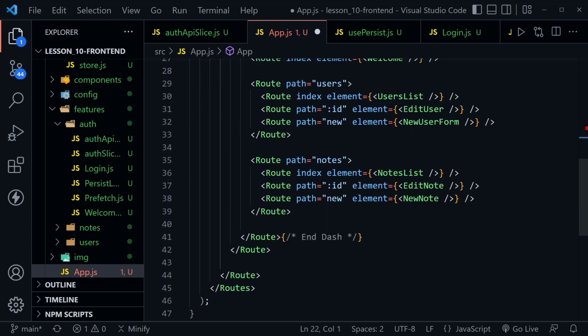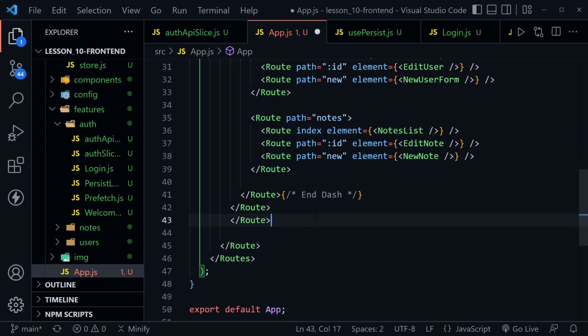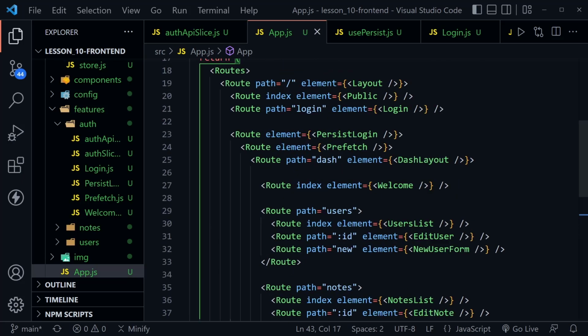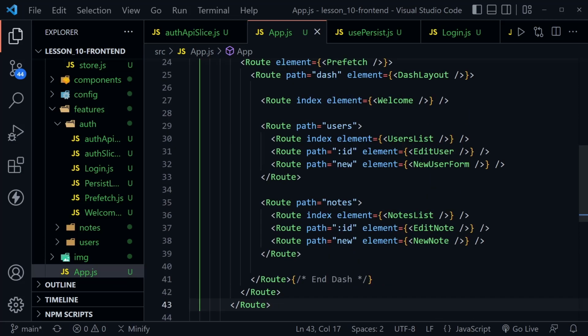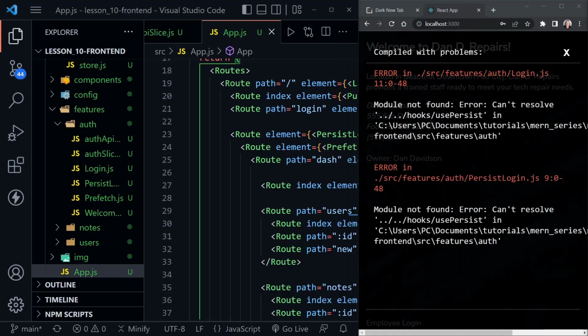And then I'll scroll to the bottom, and where we have our closing route, I'll do Shift Alt and the down arrow to get another closing route. When I save, it should apply the indents, and we see that. So PersistLogin is now wrapped around the prefetch and the dash layout component, and of course everything else that's inside of those. And with our changes all saved, let's drag this to the left,